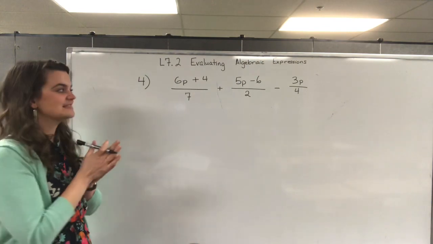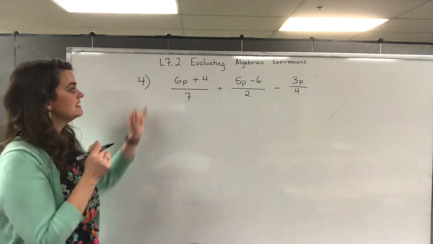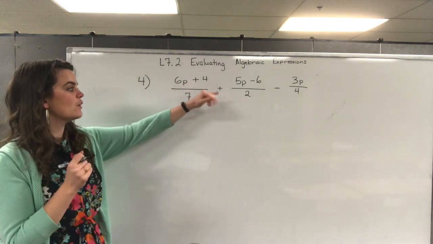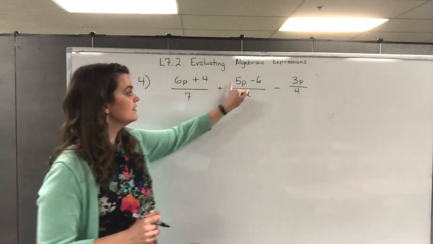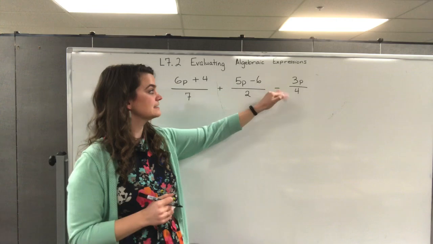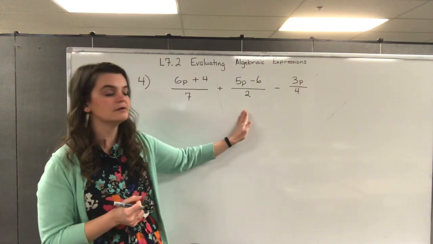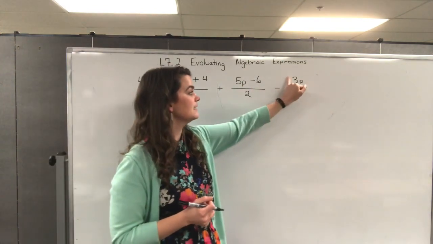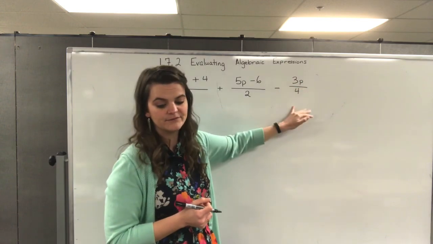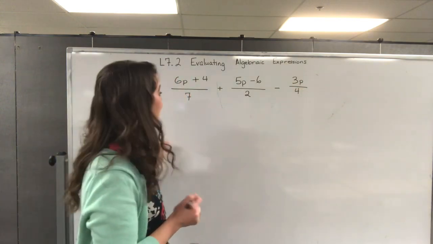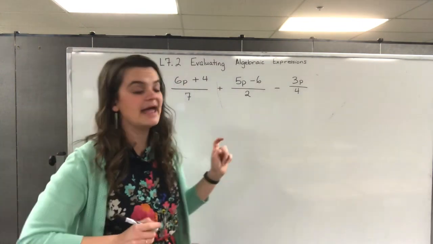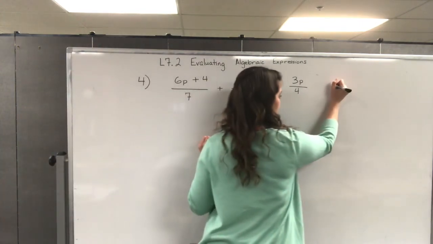Okay, lots of problems. I'll read them again to you. 6p plus 4, all of that over 7, plus 5p minus 6, all of that over 2, minus 3p over 4. Just checking I copied it right. Okay. And then p equals